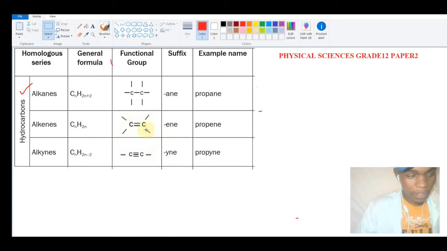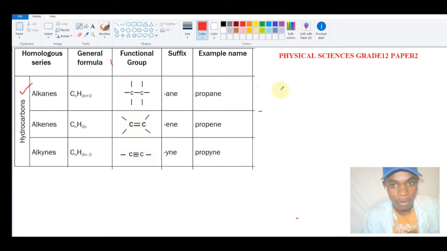Now let's jump into the business of the day. We said today we'll be naming organic compounds, right? I was just talking of propane. Maybe many of you don't know what propane is. So we'll be able to name propane. How do we come up with this name?